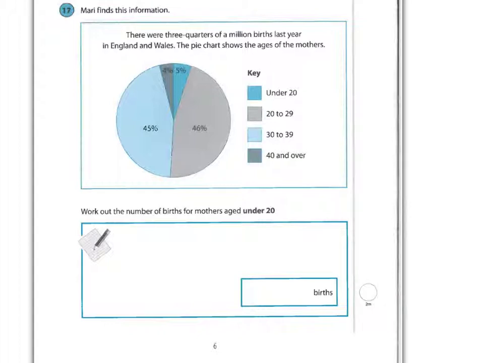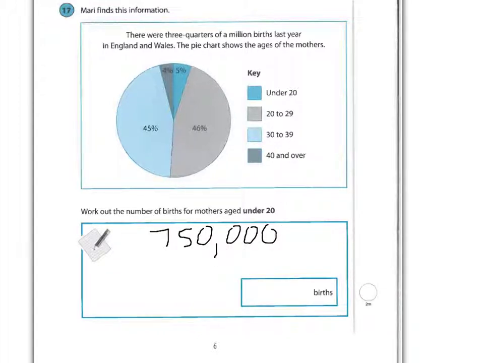Question 17. Marie finds this information. There were 750,000 births last year in England and in Wales. The pie chart shows the ages of the mothers. Work out the number of births for mothers aged under 20. So there were 750,000